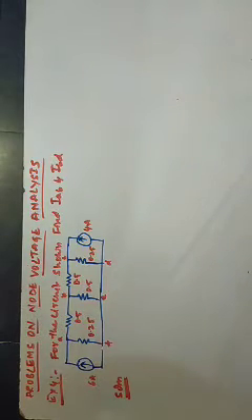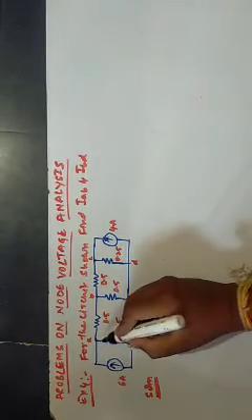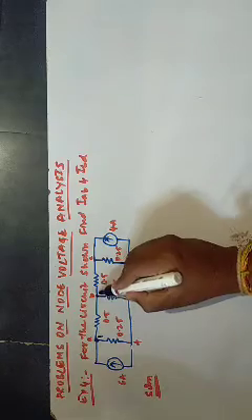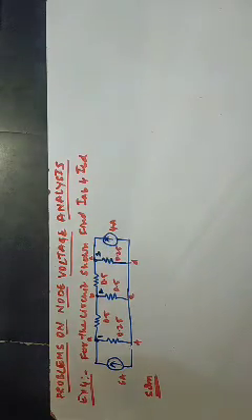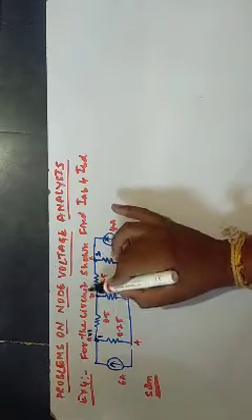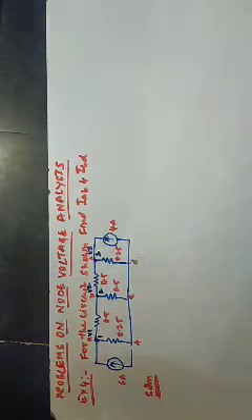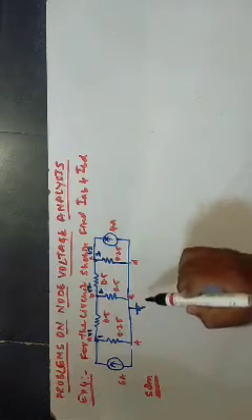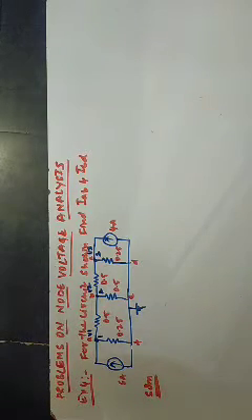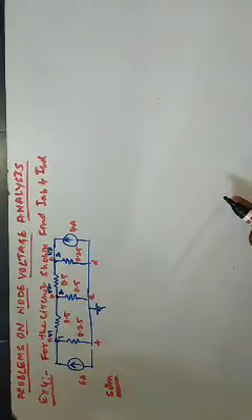First, we have to recognize the nodes. This is one node, this is another node, and this is the third node. I will call this V1, this point V2, and this point V3. The bottom, where all the branches are connected, is the reference node and it is always zero potential. Since there are 4 nodes including the reference node, 3 equations will be generated, with 3 unknowns V1, V2, V3. After that we have to find the currents IAB and IBD.